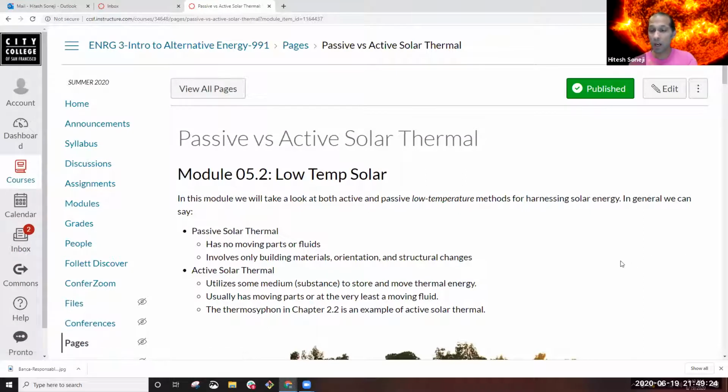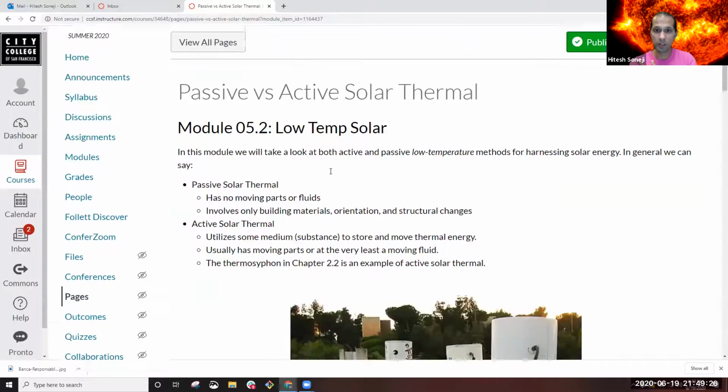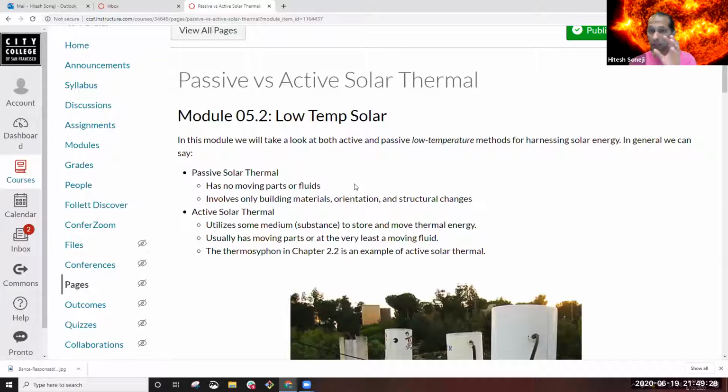This gets into our next module now, where we're going to really dig into specific solar technologies. And Boyle does a good job, again, talking about these. Make sure you read Boyle. There are 3 ways of thinking about solar. I like to think about solar in 3 ways, and that is passive solar and active solar. And these tend to be in the low temperature realm.